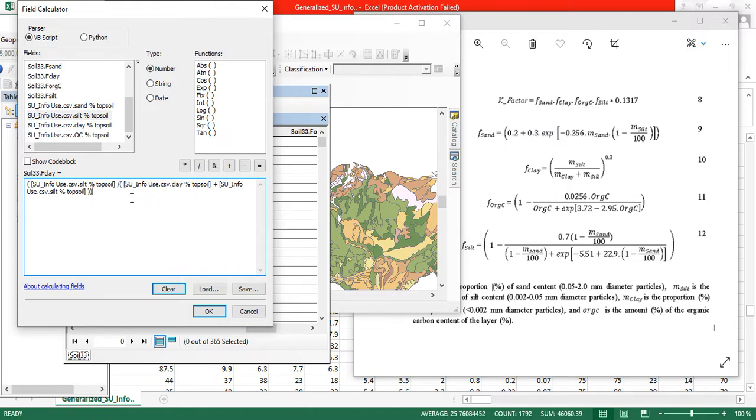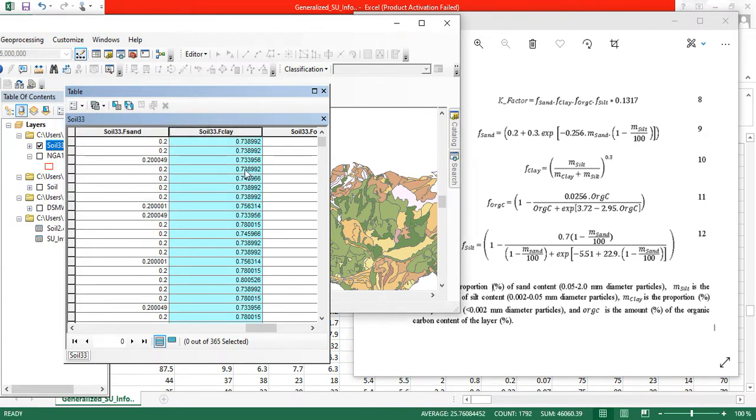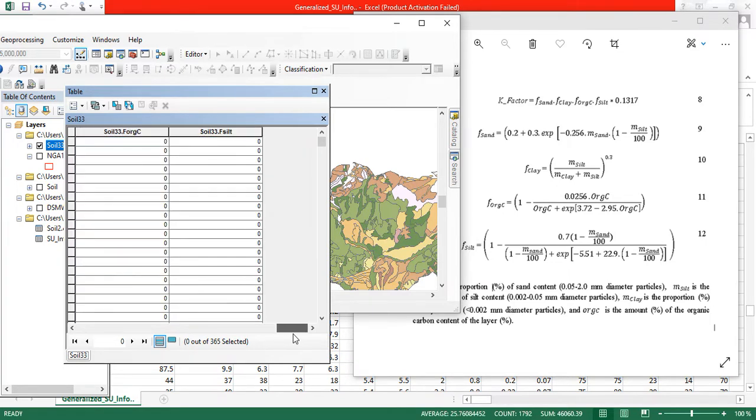Then at the end of everything, you now multiply by. So you use this symbol to raise to power 0.3. So let's load. Now we have our clay content. Then we go to our